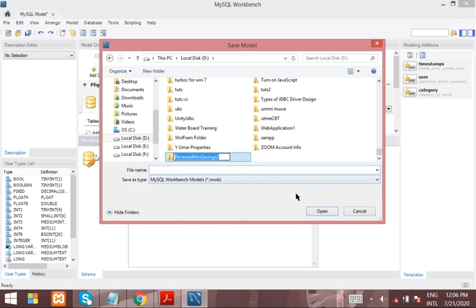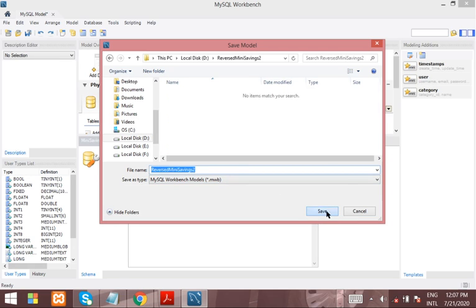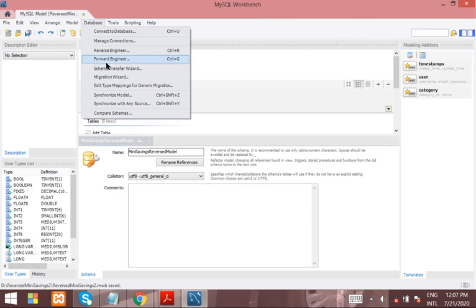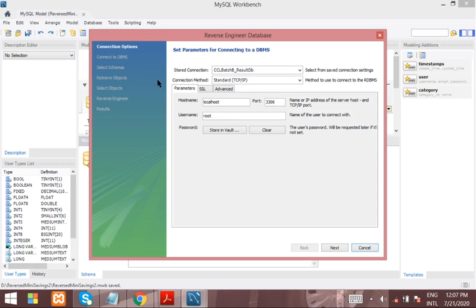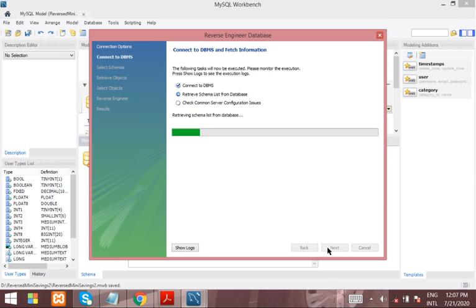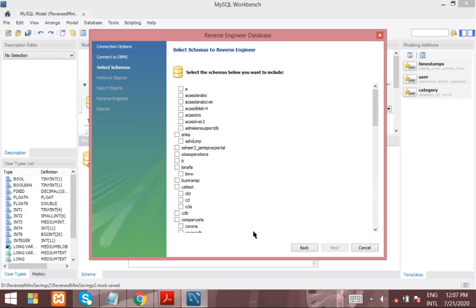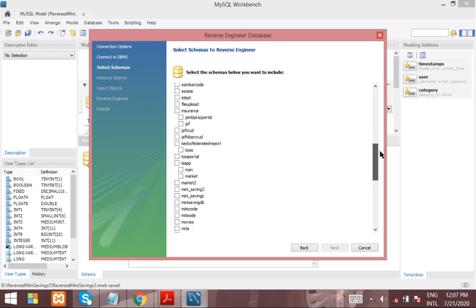And let me just pick everything. This is a folder now. This is the model name. Then you go to databases, reverse engineering. Make sure that everything is correct. Click on next. Next it as well. Then this is where you select the database you want to reverse engineer.